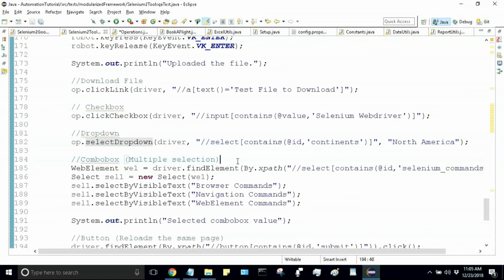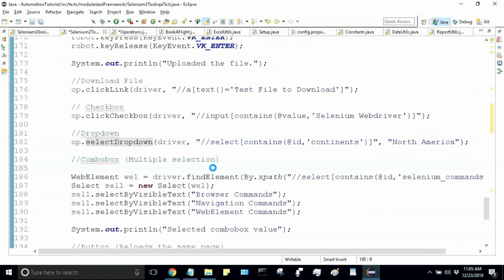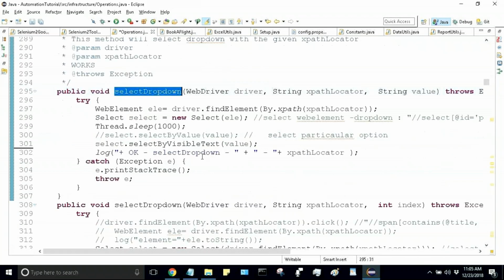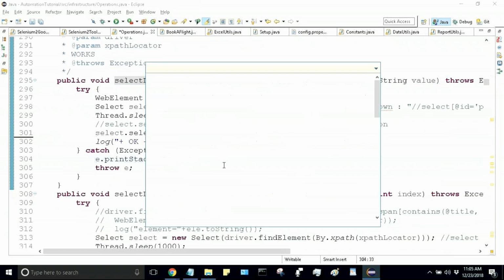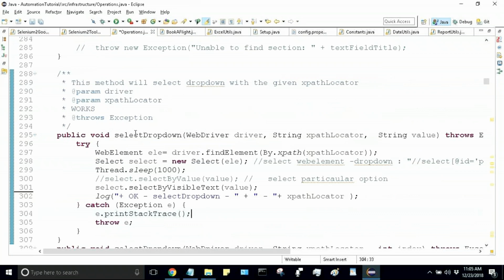Okay. Now similarly, combo box. Let's see if I created combo box or not. Actually, the drop down and combo box will be the same. I didn't create one for combo box. So let's see. Select no combo box. So, okay. Basically, I'll use the same thing. So I'll use it for multi-purpose. This method will select drop down